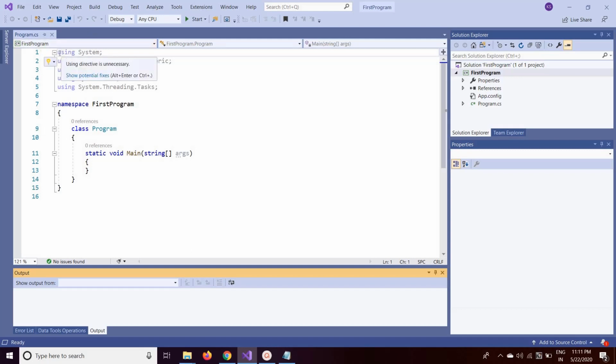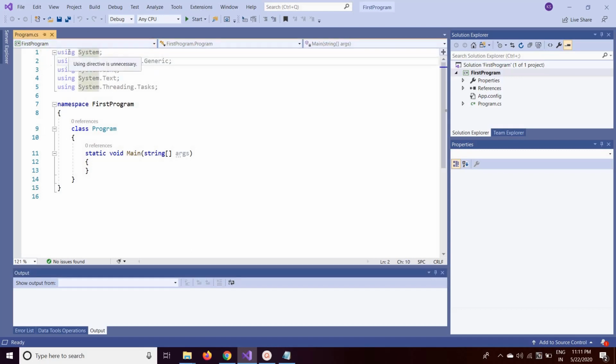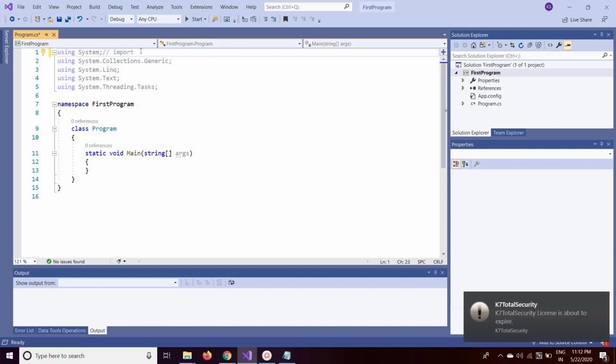First is the import section. This section contains importing statements that are used to import the base class libraries.